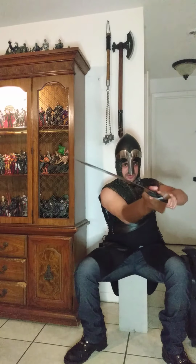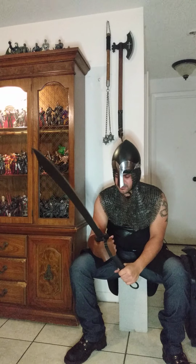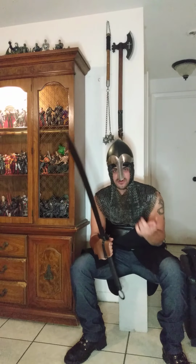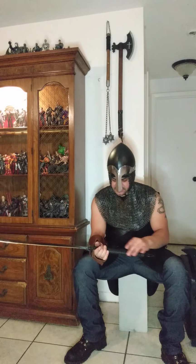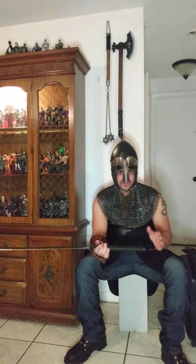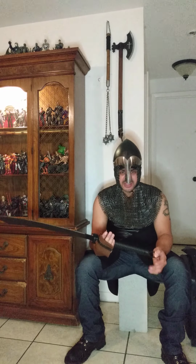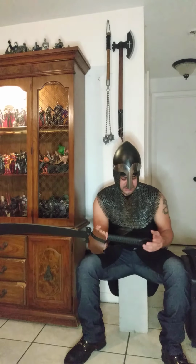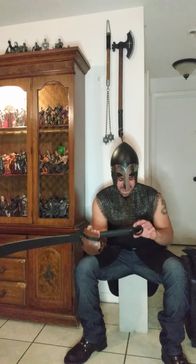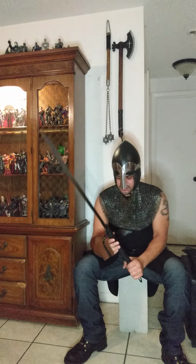I can maneuver this thing really, really easily. Again, real carbon steel construction, full carbon steel, full tang blade all the way through, down through the handle. I'm a big fan when swords are peened. So it's kind of the same idea where it goes all the way through to the handle. This isn't a peen, but this is all one piece from the blade through to here with these polymer